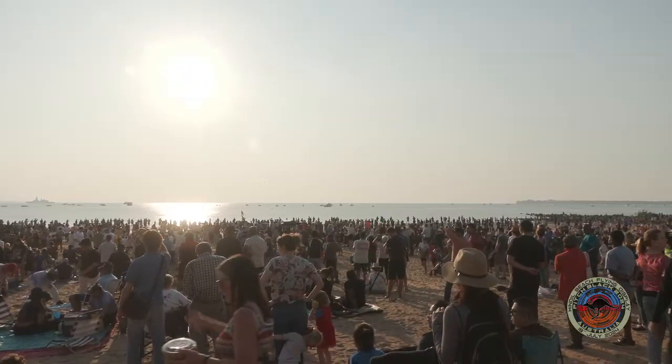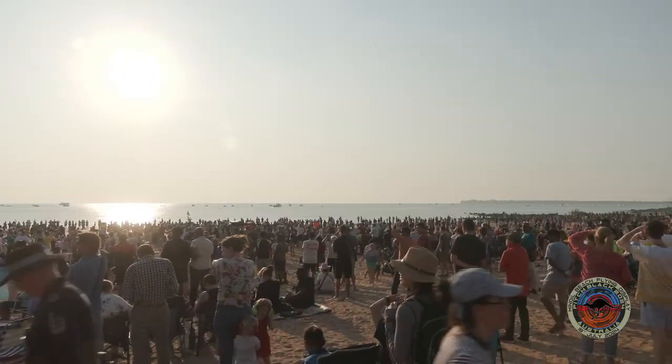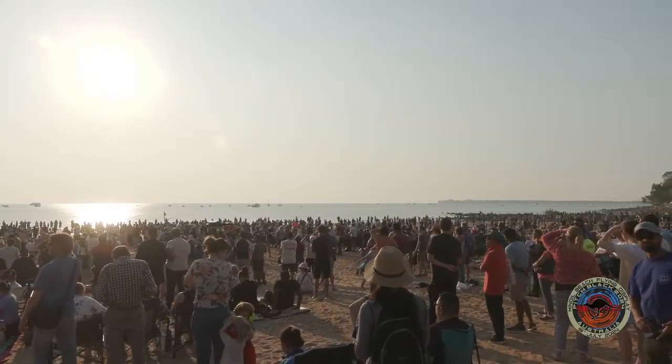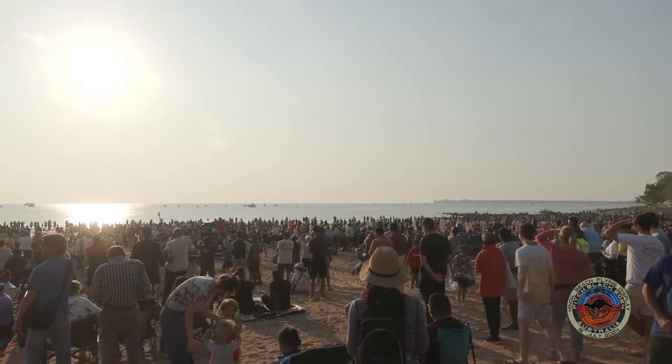So right now coming through, the Rafales have broken away from the A400 and will do their own little display. Fast, heavy, fun. That Rafale can come down to 100 knots and up to Mach 1.6. And as you can see,